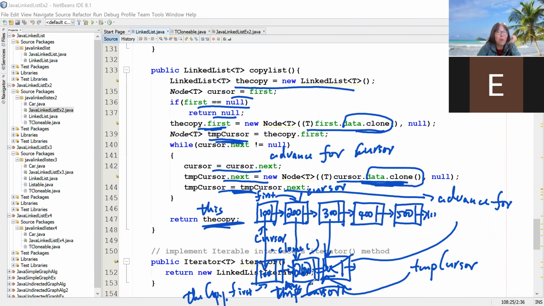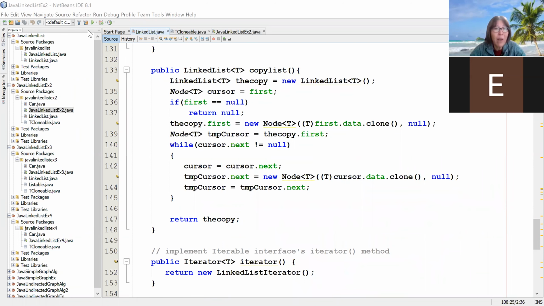This new one is created at a different location, and each node will also have a deep copy of the contents from each node. So this is regarding how copy list works. And we run out of time. We just have one more minute and we cannot